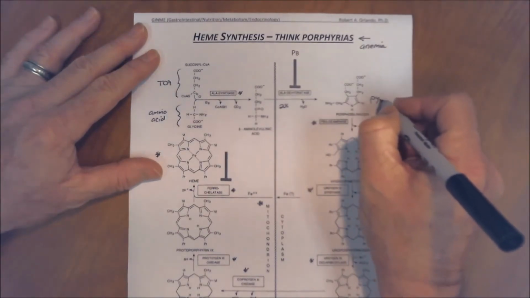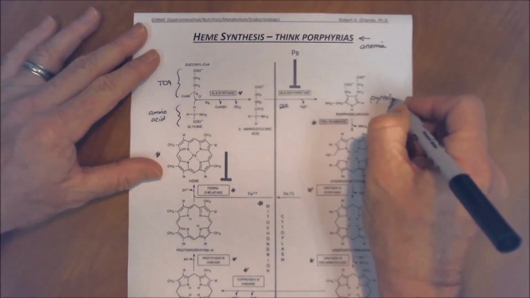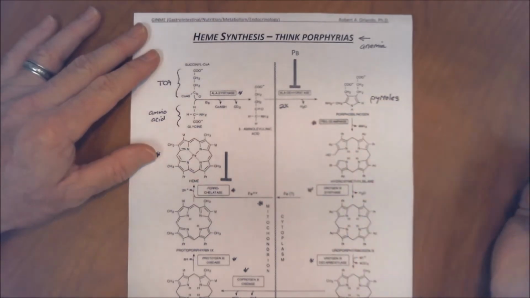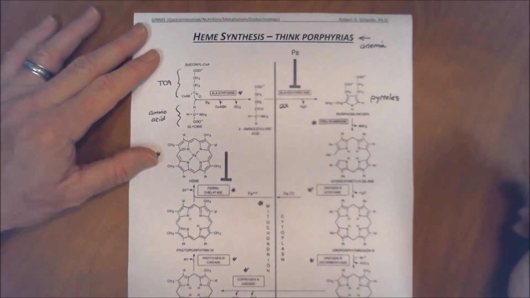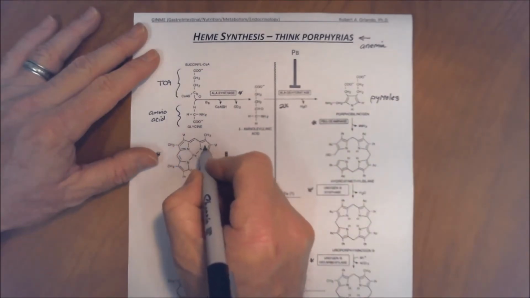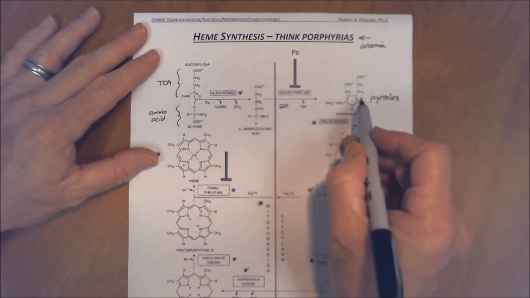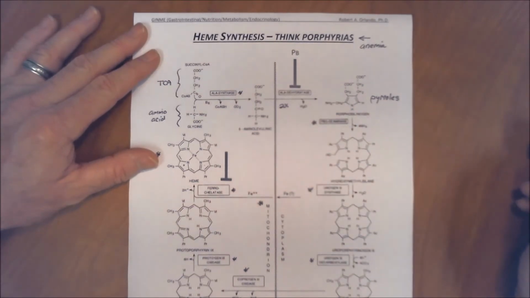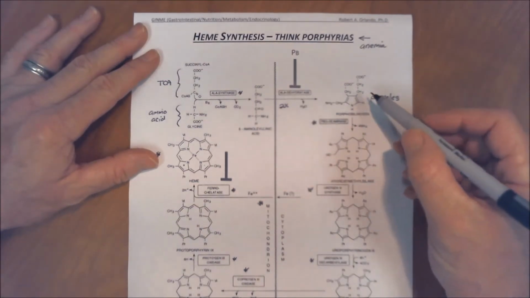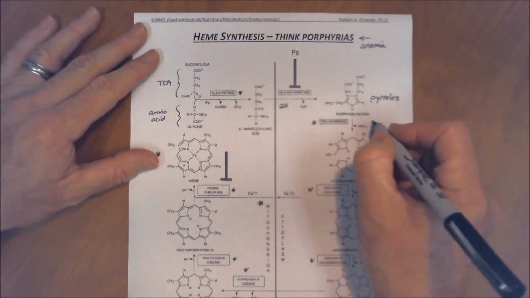What we get is the first ring structure of the heme molecule. Ultimately, the heme will have 1, 2, 3, 4 pyrrole structures. Here's our first pyrrole. The next step of the reaction is to take 4 of these,